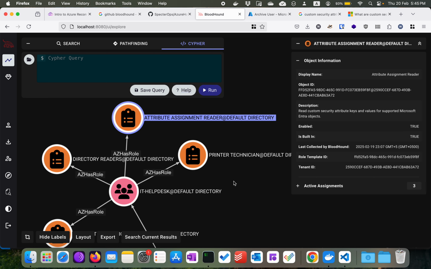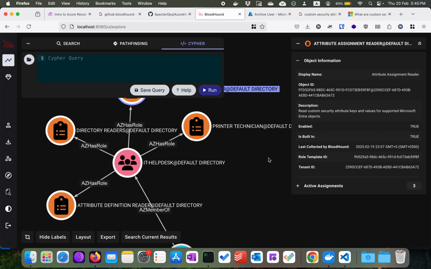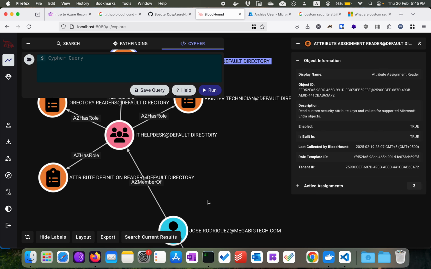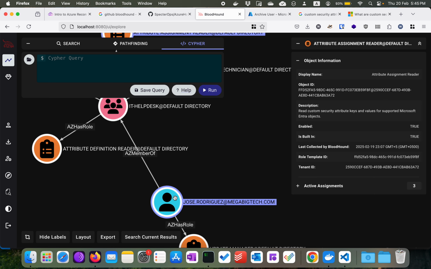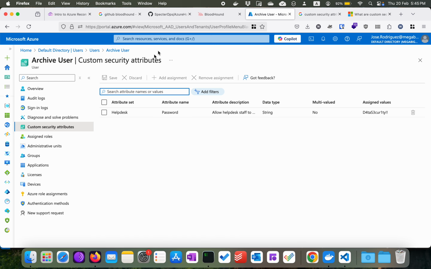So moving forward, we have one limitation of this Azure Hound and BloodHound tool, and that is that it does not give us the list of roles assigned to this user from Azure subscriptions or resource groups or individual resources. So we do not know what roles this user has in Azure subscription. So for that,